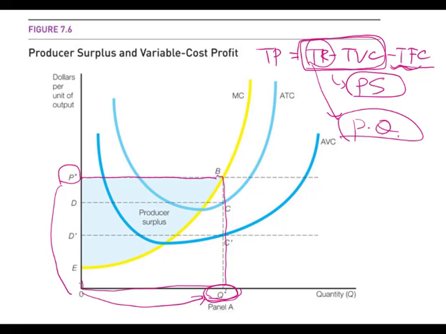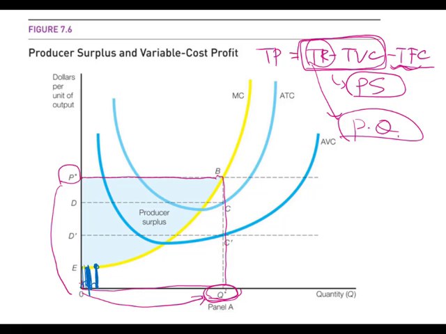Then what about total variable cost? Total variable cost is the sum of the cost from changing the variable factor, right? So it is correlated to marginal cost. For example, here the yellow curve is given as marginal cost. It indicates that when you increase production of output by one more unit, you have to pay additional cost, or marginal cost, up to this height. For producing another unit, you have to pay that additional cost, marginal cost, up to that amount.